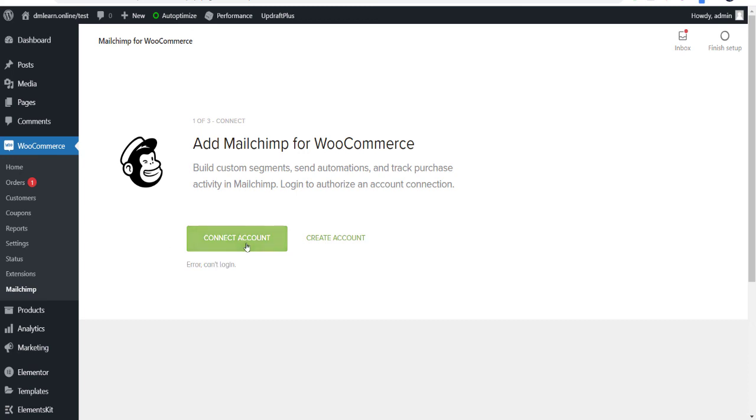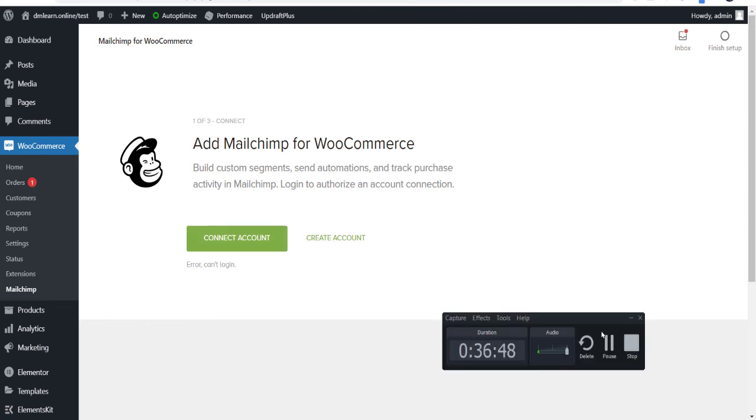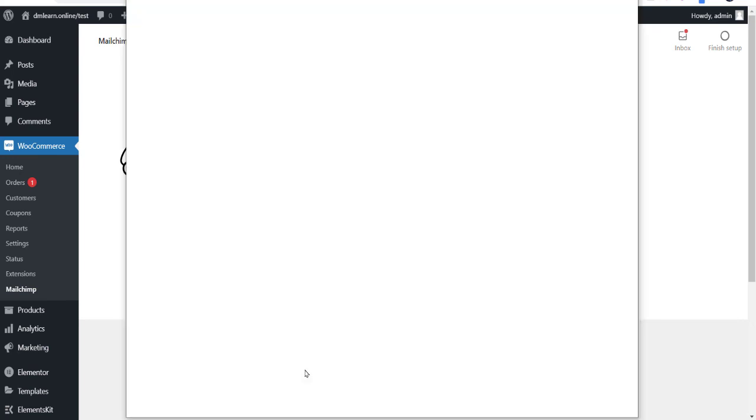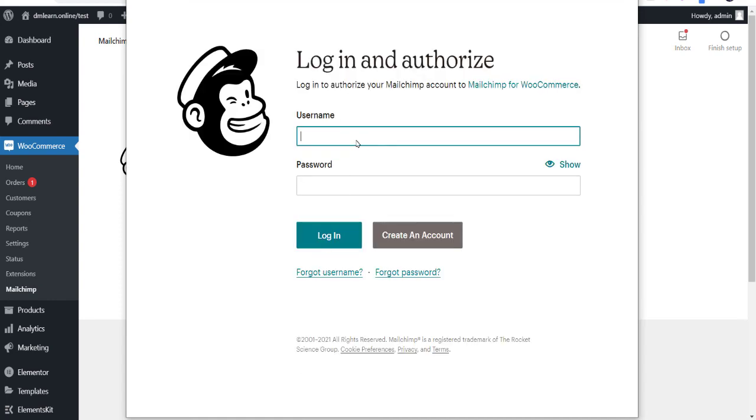You just need to connect your account. Now we are going to connect our Mailchimp account. So you need to just click connect your Mailchimp account. You have to log in first before that. It's asking me.